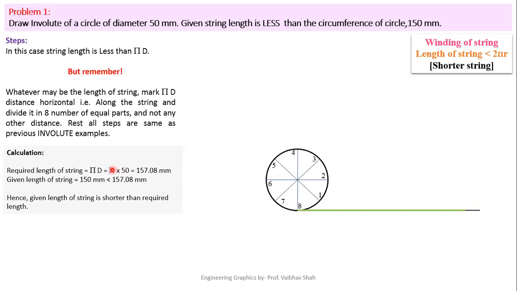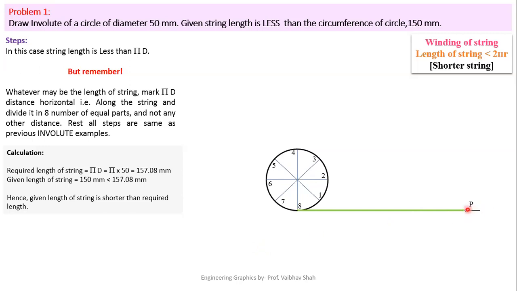Now you are left with the other length, which is 150 mm, the given length of string. So you will indicate the same length on the same horizontal line you have drawn previously. I have indicated the same length by this red point. You have to mark this other length of 150 mm by a dark point on the same line of 157.08 mm, like this. After that, we have to give the dimensioning to that point.